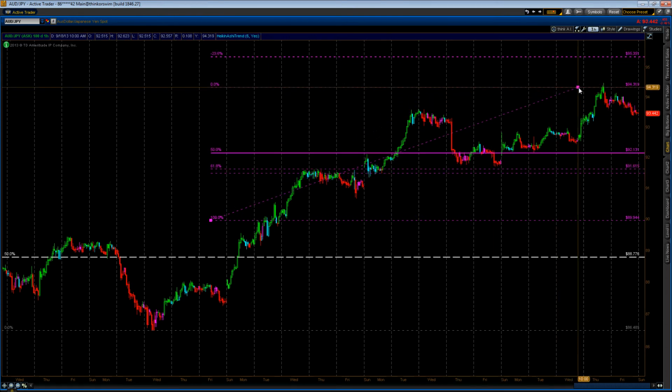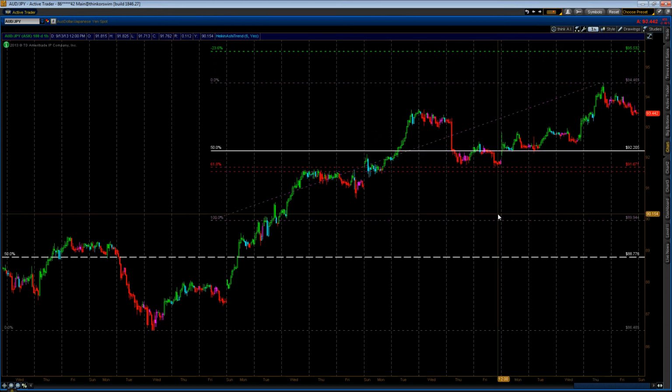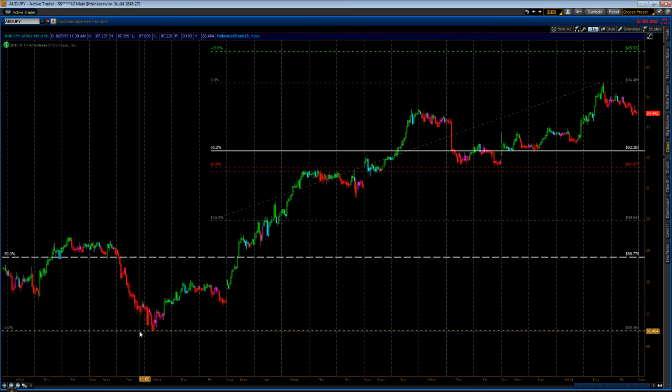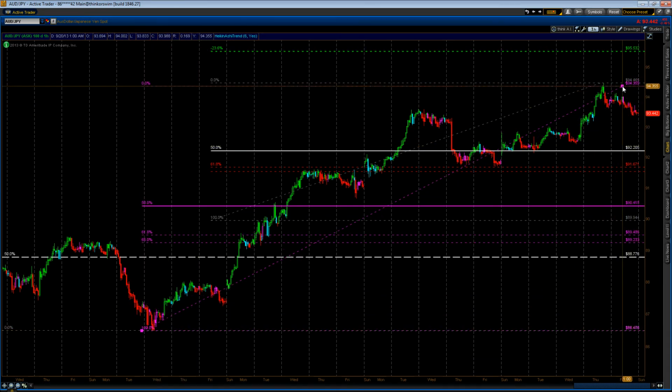same anchor, new high, for a move back down to a 92.20. Again, I don't want to discount the idea that we could